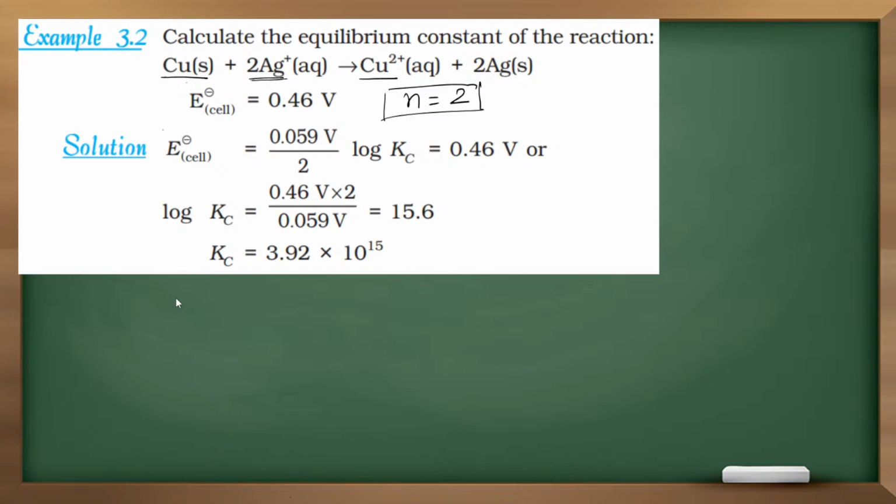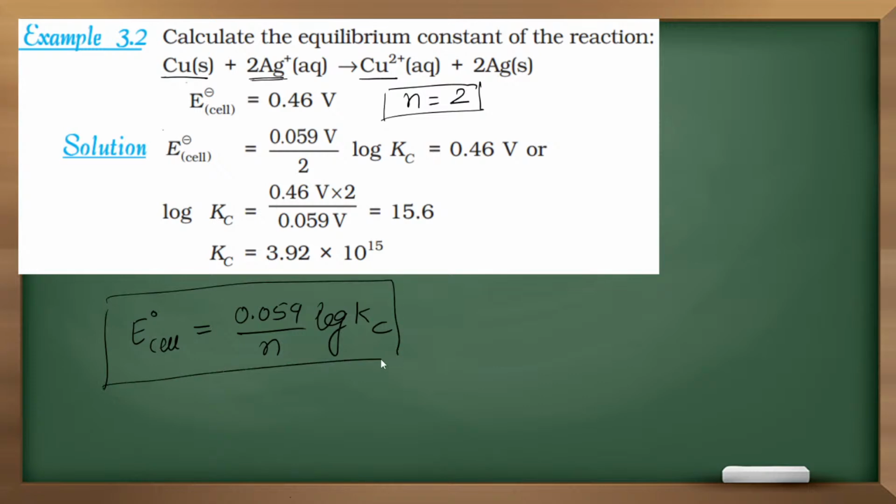So to calculate the equilibrium constant, we will write the equation for the relation between E naught cell and equilibrium constant. This is the relation: E naught cell equals 0.059 over n log Kc. So E naught cell equals 0.059 over n, where n is 2, log Kc, and E naught cell is given to you, that is 0.46. This way, log of Kc is equal to